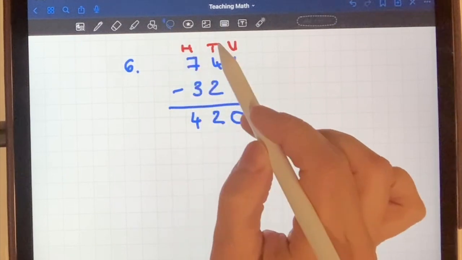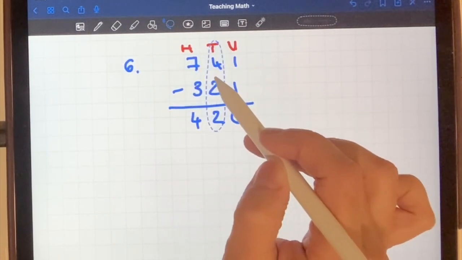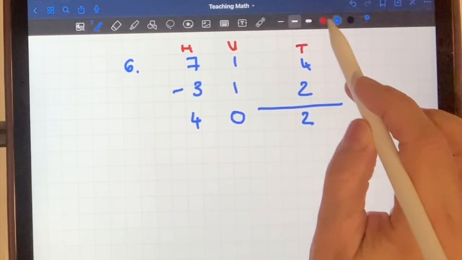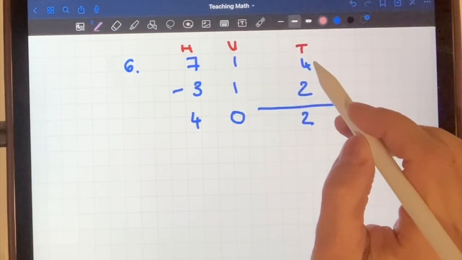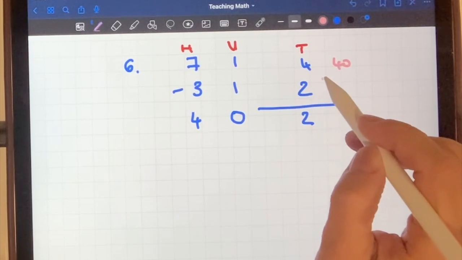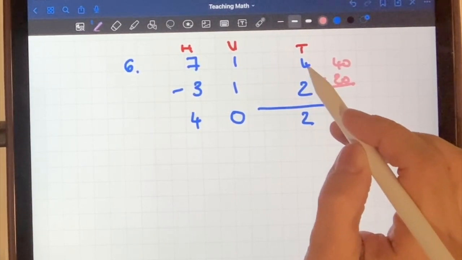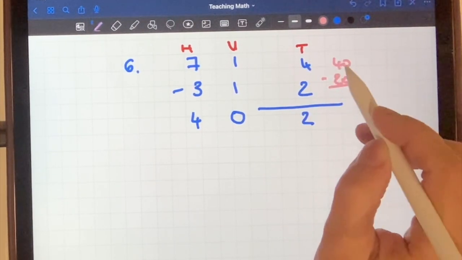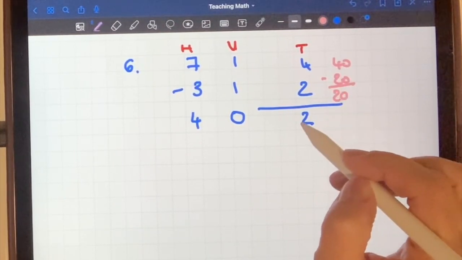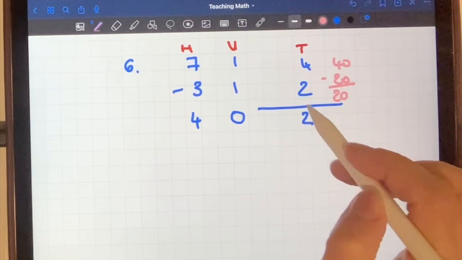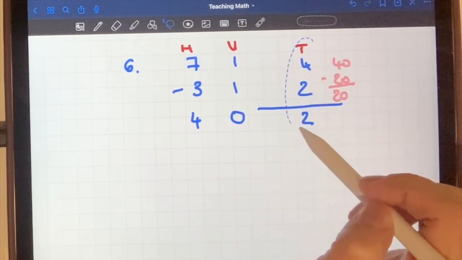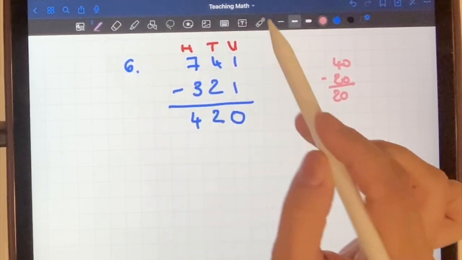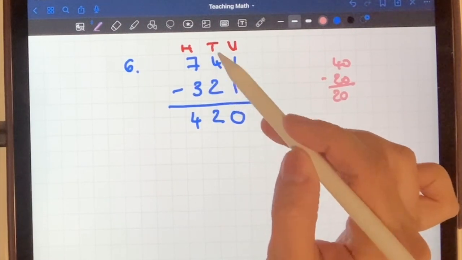So again, just to show you, and I hope this doesn't confuse you, but if I were to move that aside, let's do it in another color, it's actually saying 40 minus 20. That's what this means, because you've got 4 tens and 2 tens, which is 40 minus 20. And 40 minus 20 is 20. That's what that is. It's 2 tens. So I'm going to put it back where it belongs. Okay. So that's what that means. 4 tens minus 2 tens is 2